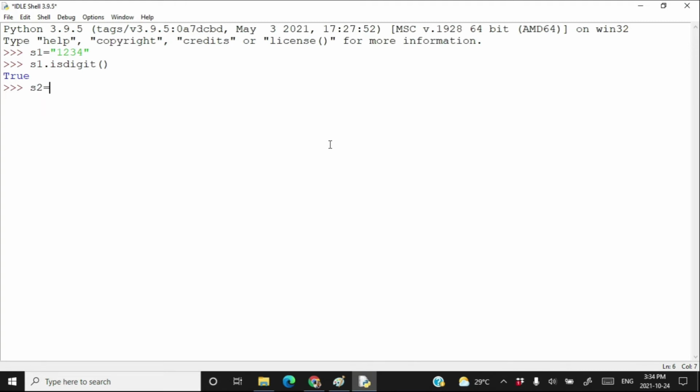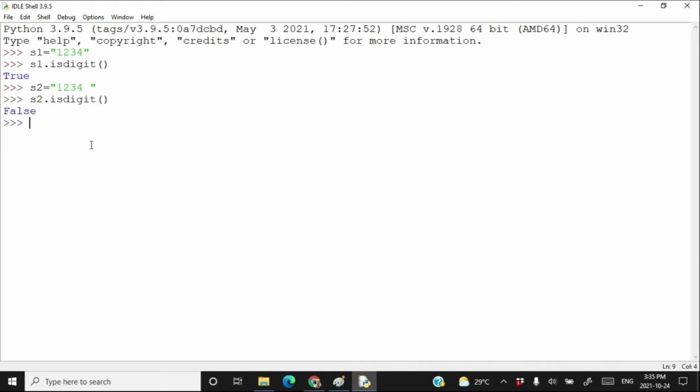If I create another string by writing 1234 followed by a space, press enter and write s2.isdigit, it returns false because apart from 1234 something else appeared in the string. If apart from digits anything extra appeared in the string, then s2.isdigit will return false.